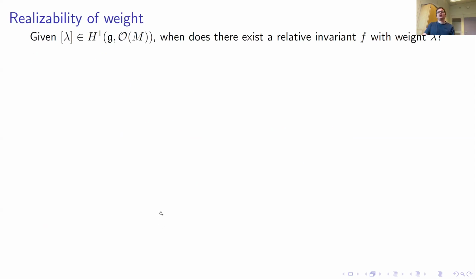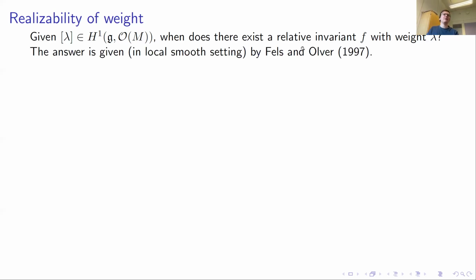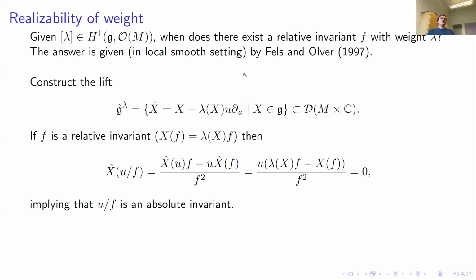So now we're ready to talk about realizability in a little bit more detail, and we'll find some necessary condition for a weight to be realized by some relative invariant. And this is basically taken from Muzsnay's 1997 paper. They did a lot more, but we'll simply pick out a nice little argument from there. This goes like this. So we take the given weight or the element inside of this cohomology group, take a representative, compute the lift like before, and